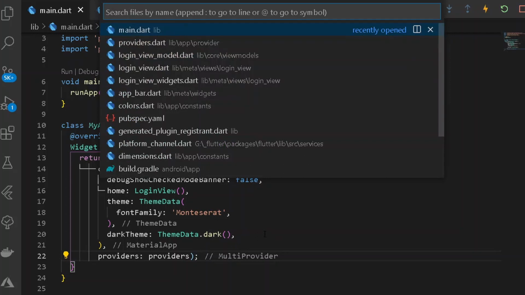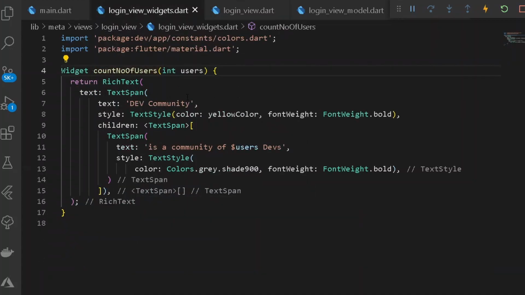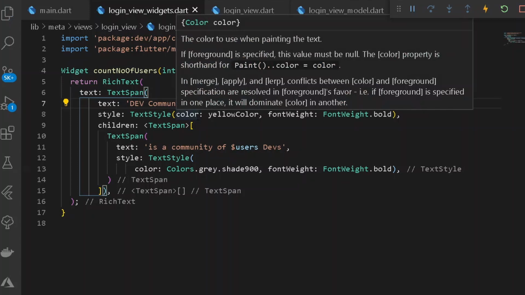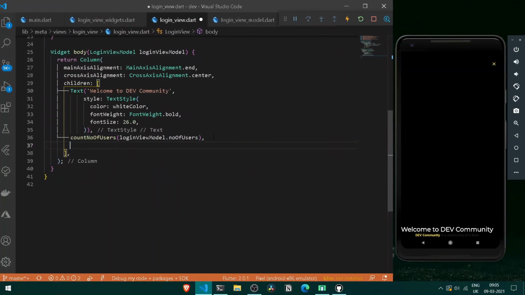Cool. So now let's go back under our login view, and here under our login view we are getting the following thing here, but we need somewhat spacing between our rich text. So here let's have a new rich text spacing. We can go back under our login view, and after having the following count number of users thing, we shall be requiring a button, a common button for showing all of the actions over authentication,